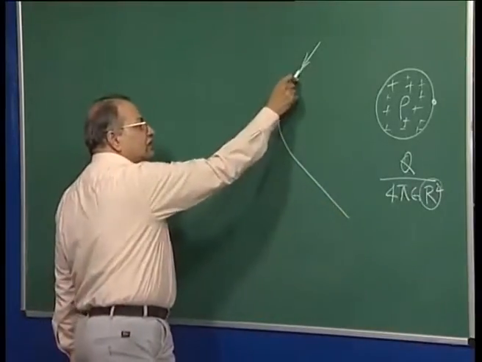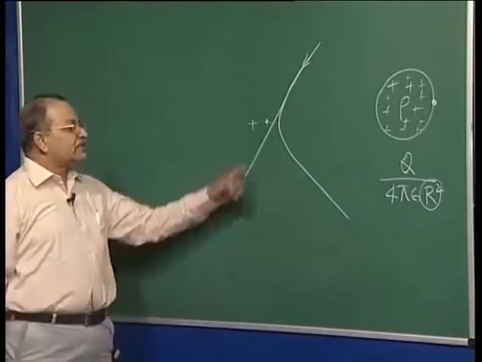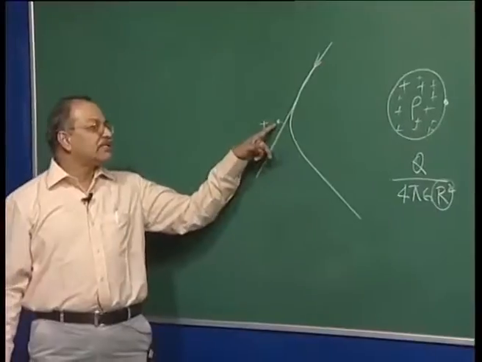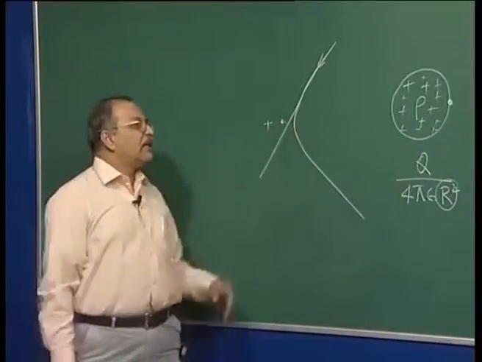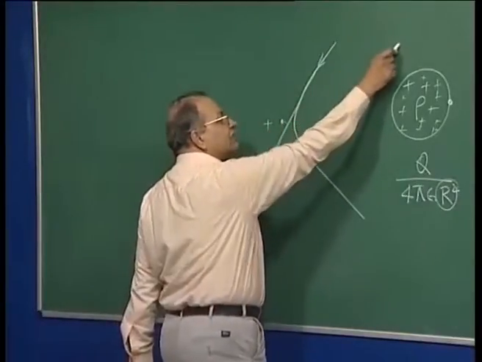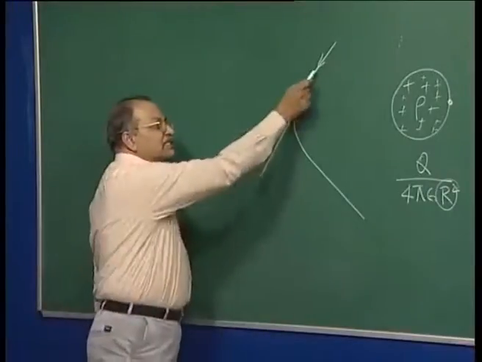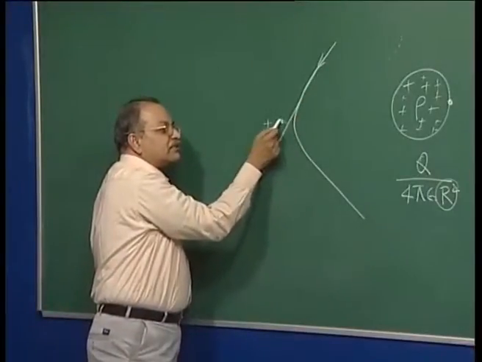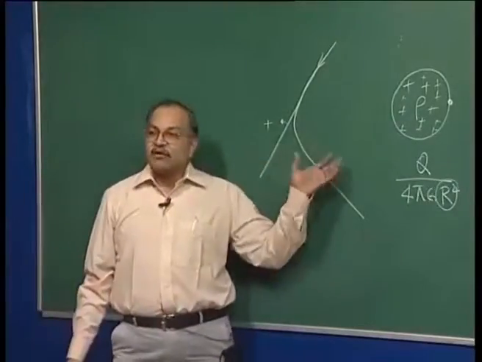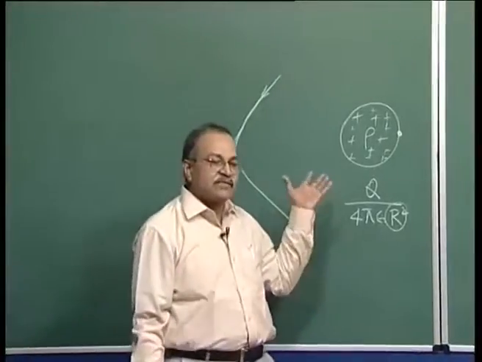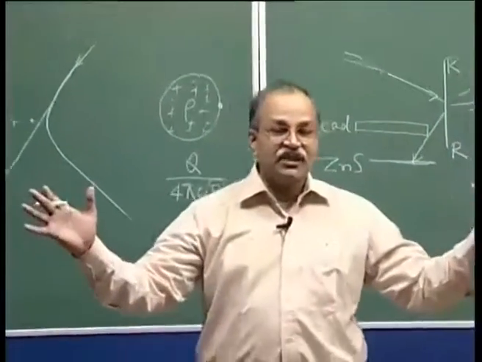And then by what distance it is missing the center, that will decide how much will be the deflection. If it is missing with a large distance here, it will almost go straight, and if it is encountering it closer, then of course the deflections will be large. So he makes all kinds of calculations of this hyperbolic orbit and comes out with an equation which tells that,